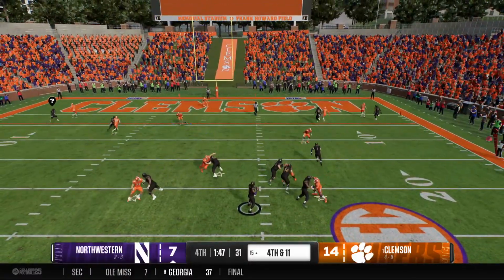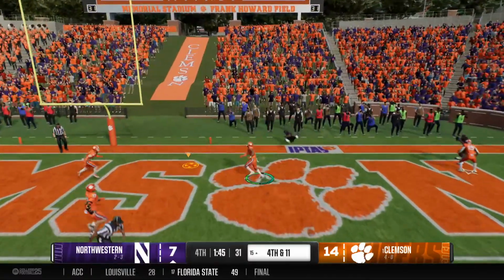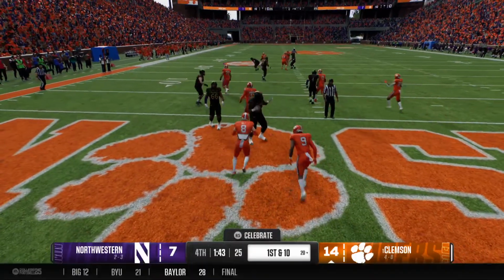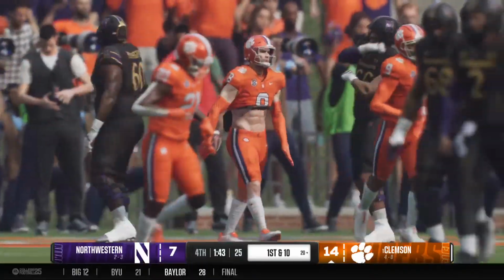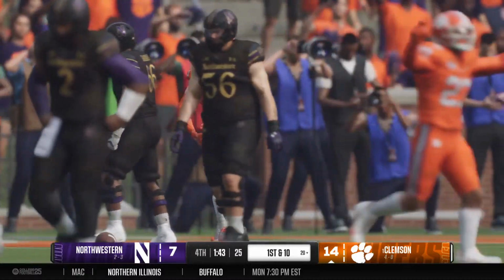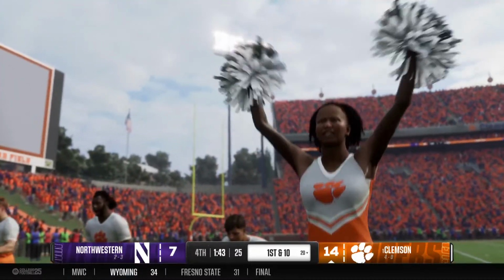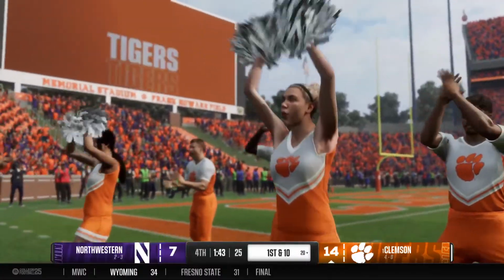He'll try to throw and pick up the first down. Deep shot for the end zone. Oh, picked off. A veteran in this defense stayed locked in on his rules and made the interception. And that is a backbreaker. It's 4th down, though. Listen, you got to throw the football. You got to try to make a play. But the defense...